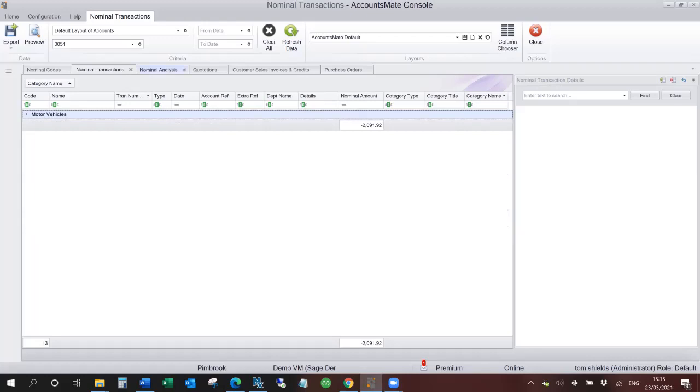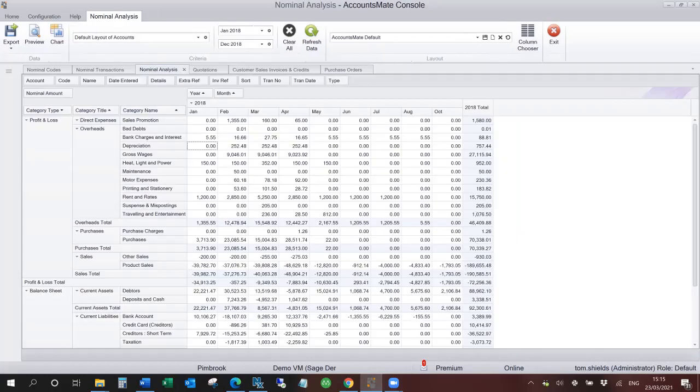The nominal analysis allows you then to do a little bit more with that data. Again, like all the analysis inquiries, it's based on the low-level transactions. So you don't have to do period ends or anything like that to get this data out. So it can group all of the nominal data into year and month periods. And again, you've got the chart of accounts type, title, and category names there. So that gives you quite a bit of information, and you can start to get information like profit and loss and balance sheet